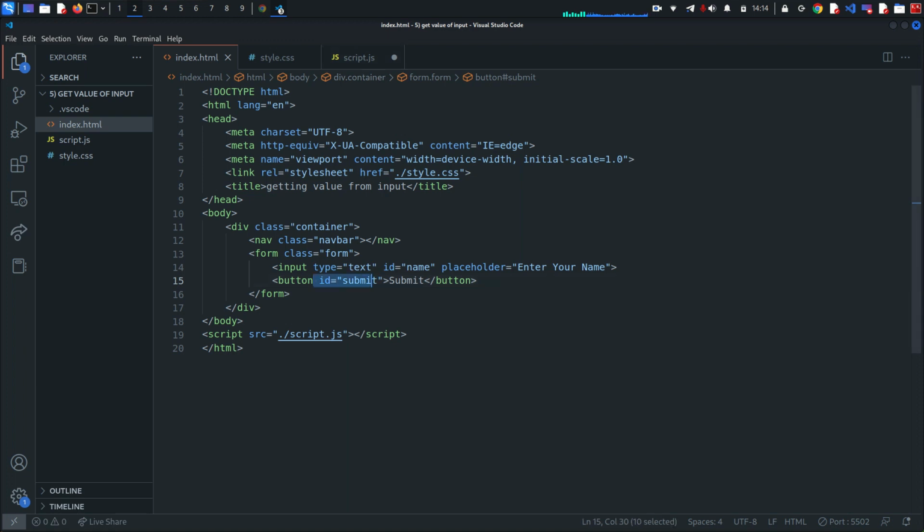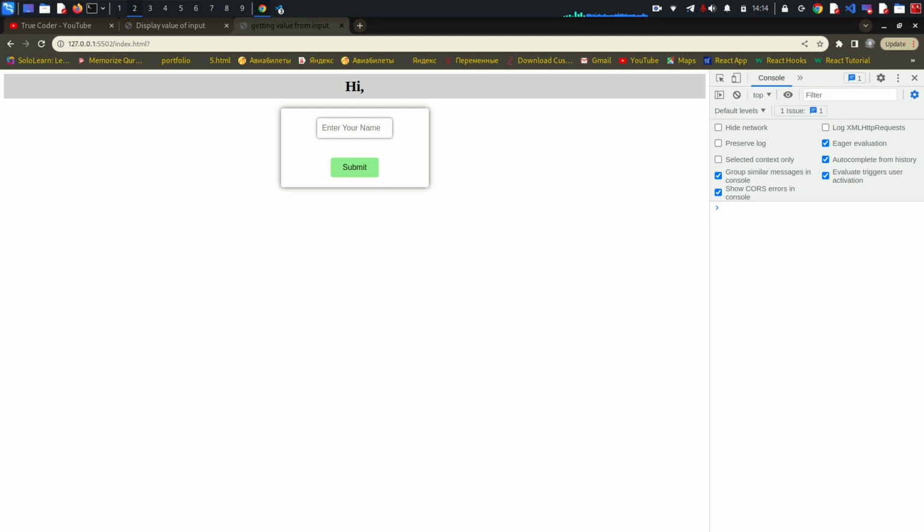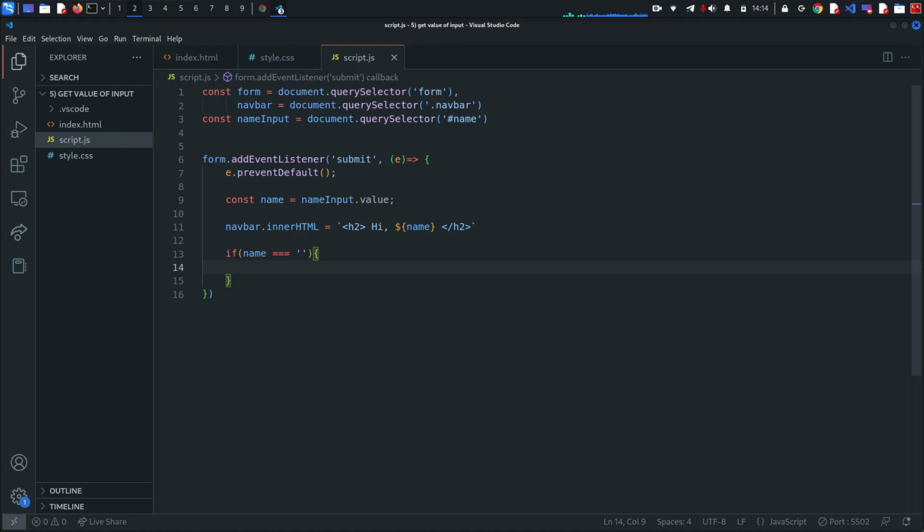It's crucial. So if name is equal to an empty string, and when we submit an empty string, we do not want it. Here is the empty string, we do not write anything here, and in that case I want navbar.innerHTML